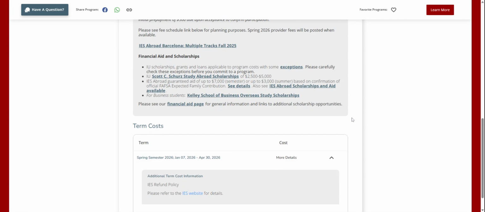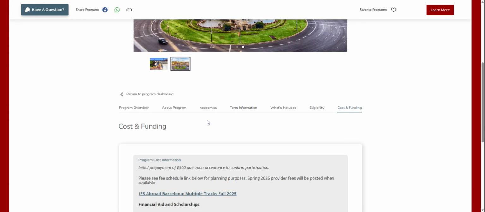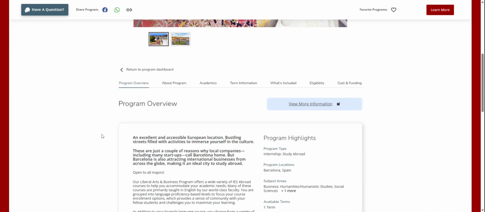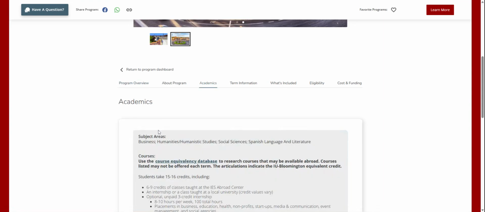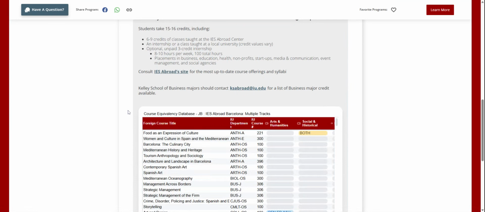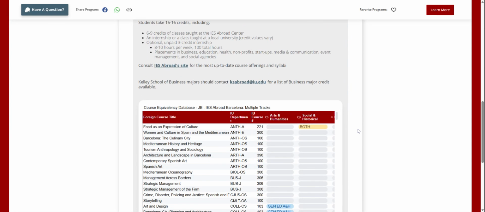All right, so ultimately that's the Barcelona IES program. Kind of a final note, this program tends to have an incredible amount of courses for a wide variety of majors. This program is continuously popular for that reason, so definitely take a look at the website yourself. Take a deeper dive into the course lists either on this academics page here or the Education Abroad website. And finally, review what you need, get a good sense of what courses and degree requirements you'd like to do